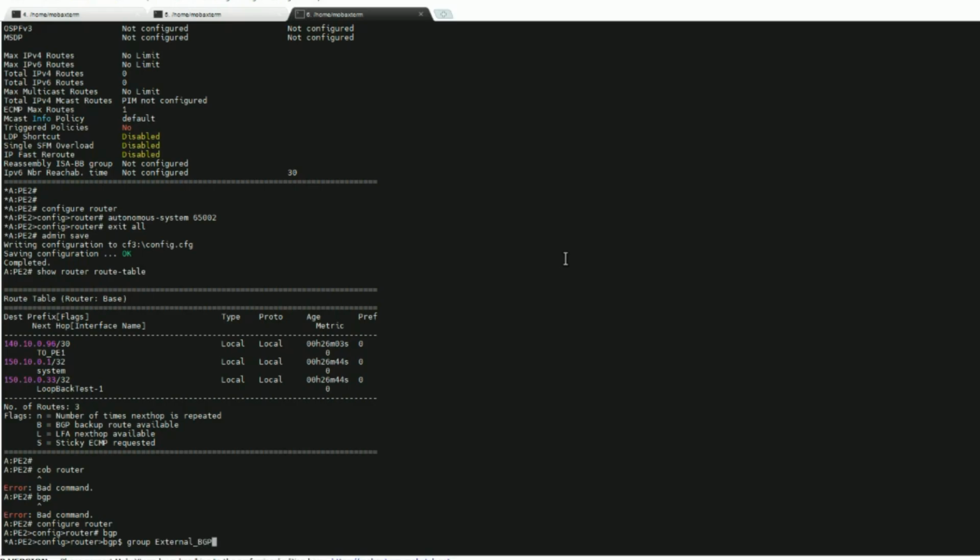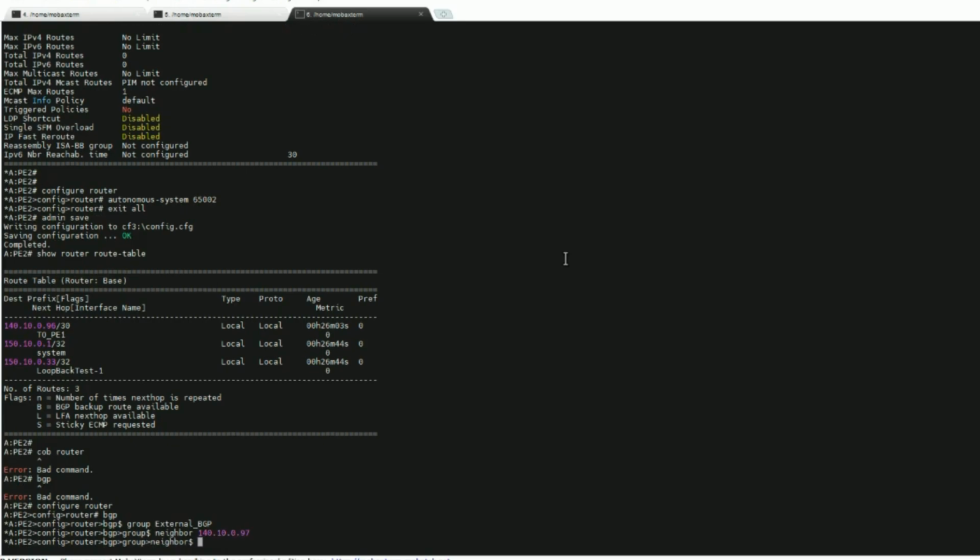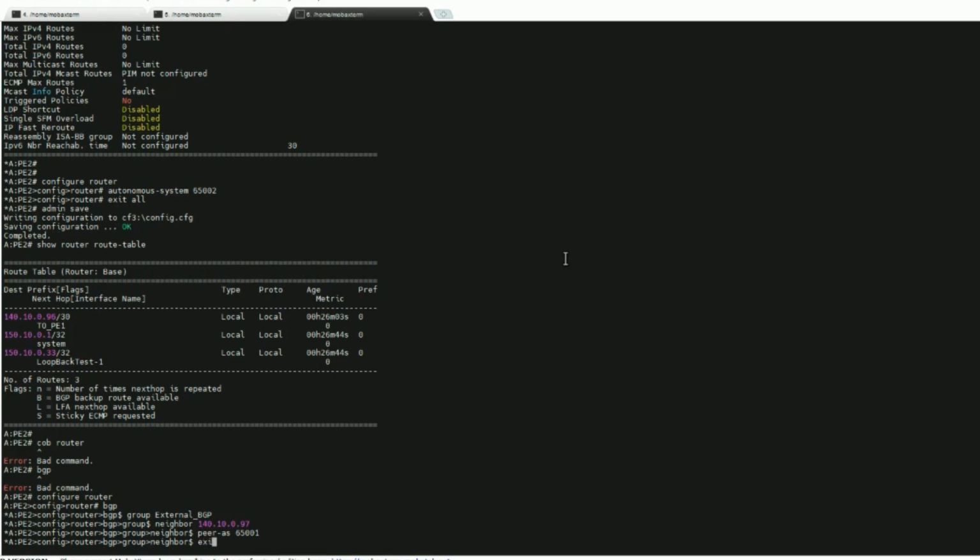This doesn't have to match, by the way. It's local to the routers. It does not have to match. Our neighbor is PE1, which is on 140.10.0.97, and the peer AS of PE1 is 65001. Enter, exit,